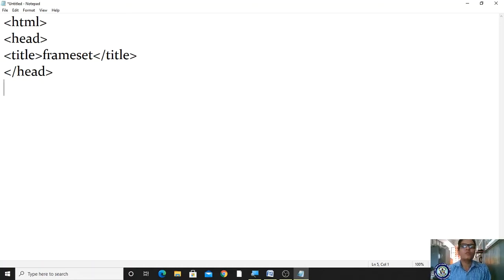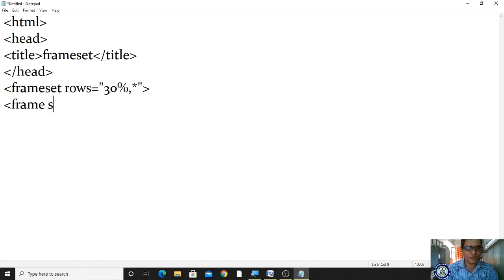Now let me take frame set rows equal to 30%, comma, star. Afterwards you write frame src double quotation blank.